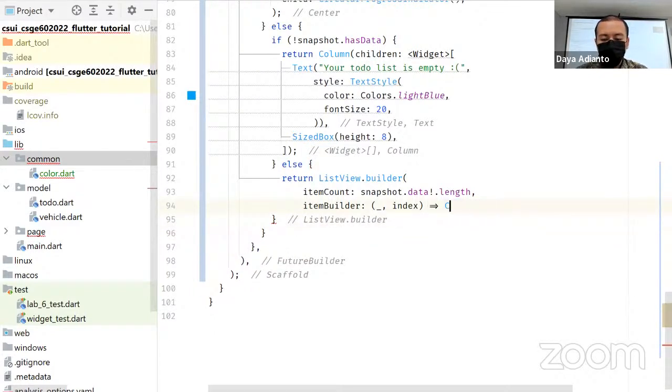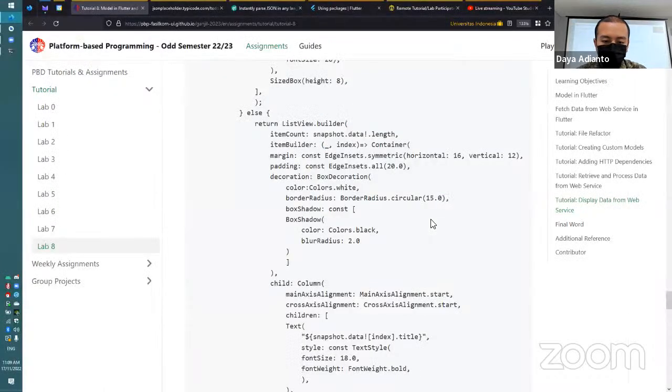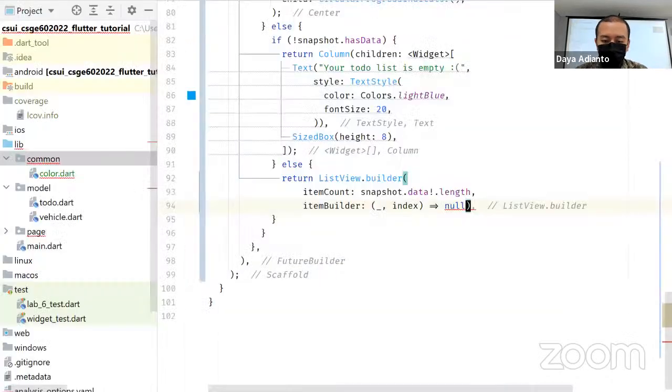Okay, for now, let's keep it null. Container. Okay,